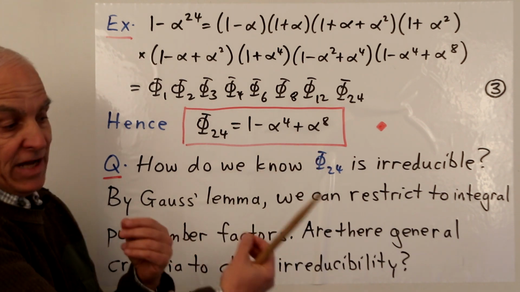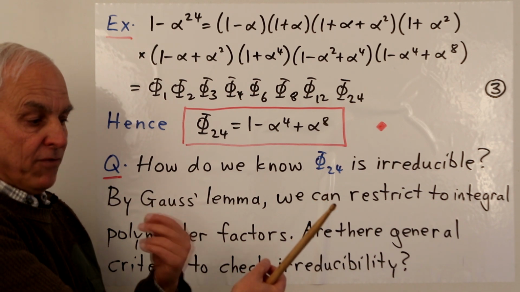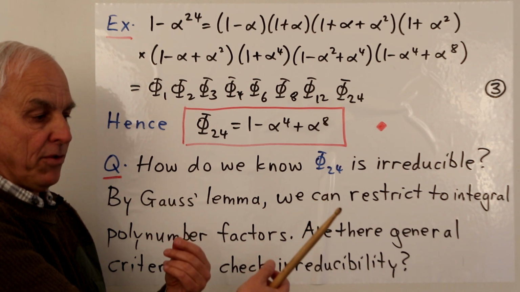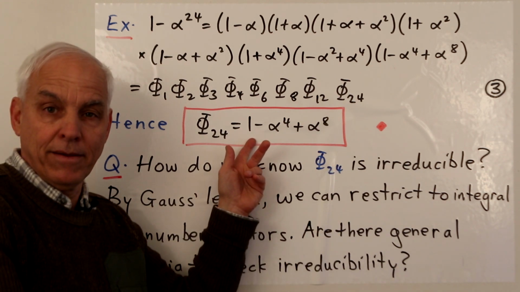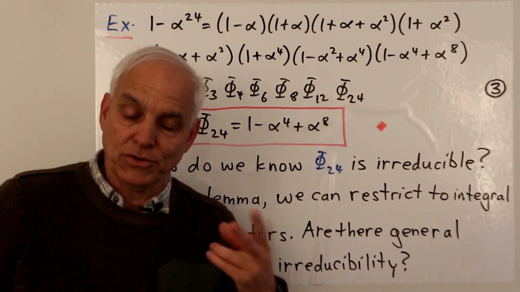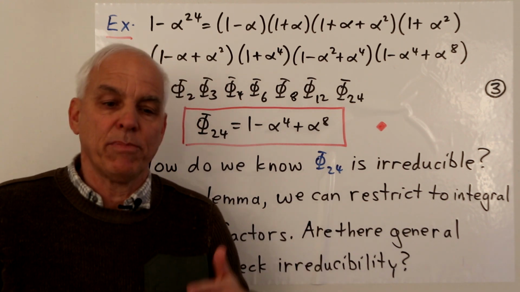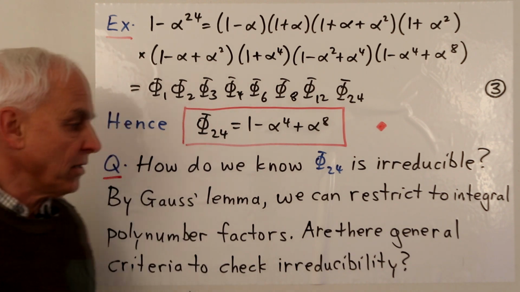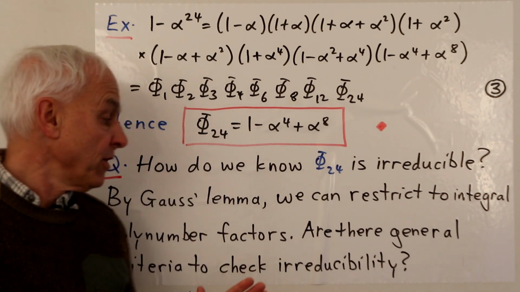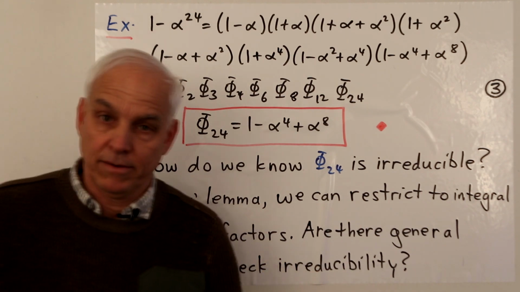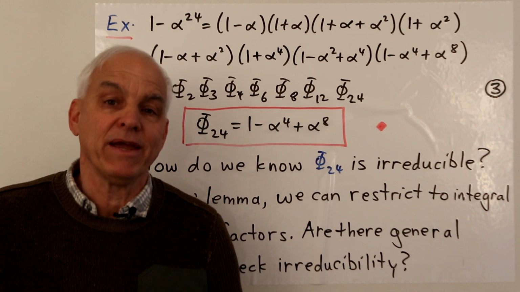Right? So in particular, for example, the constant terms, there's not a lot of choice for them, because if the constant term here is a0 and here is b0, we have to have a0 times b0 equal to 1. And if a0 and b0 are integers, well, there's only two possibilities there. Okay? So we could proceed in that direction, but you could imagine that it might be quite a lot of work. So are there any general criteria to check irreducibility? This is a very important practical problem in algebra.